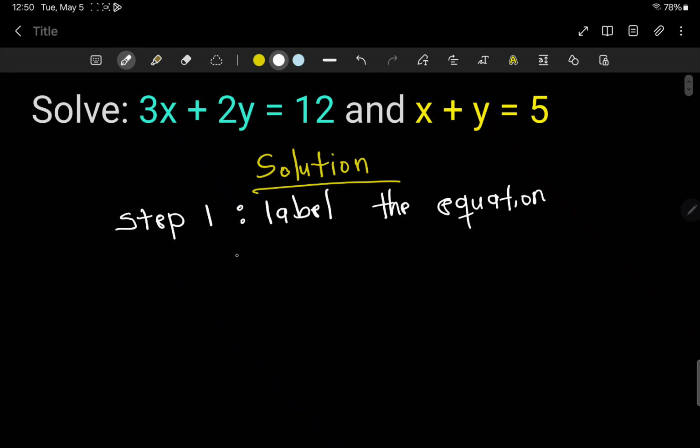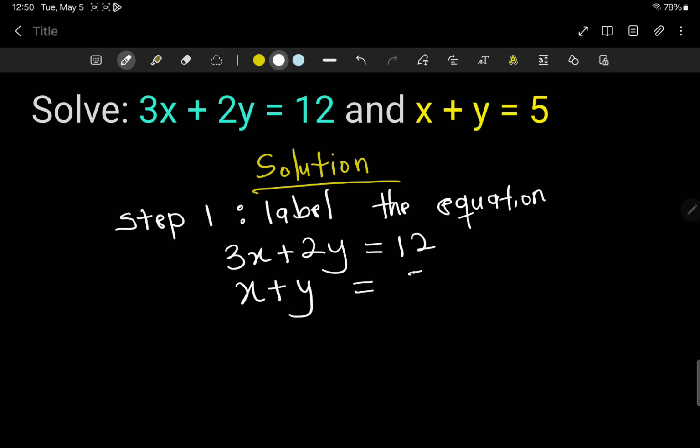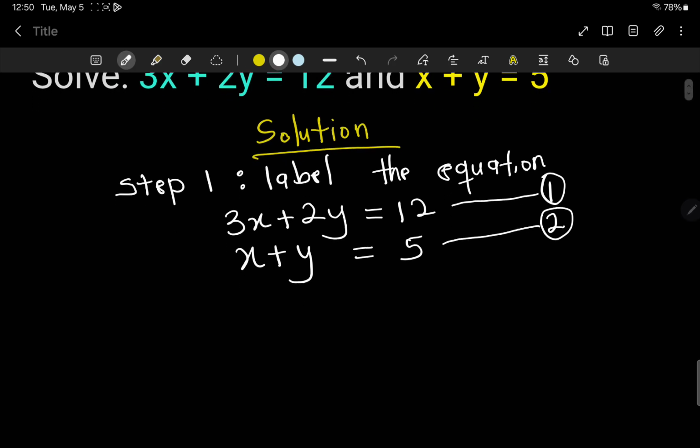So the first equation, which is 3x plus 2y is equal to 12, right? And then the second one will be x plus y is equal to 5. So this becomes your first equation, and this becomes what? Your second equation. Okay, now that we know that, bear in mind we are going to use the elimination method